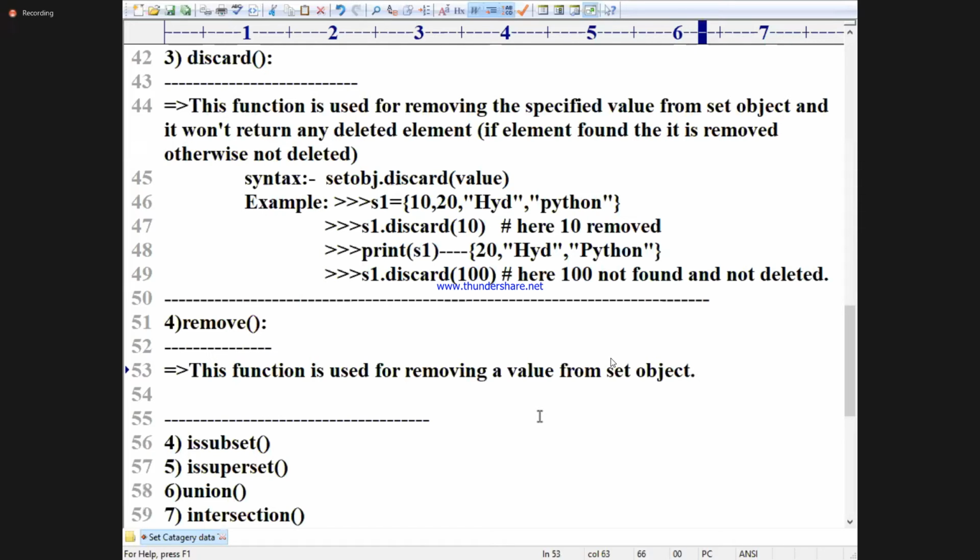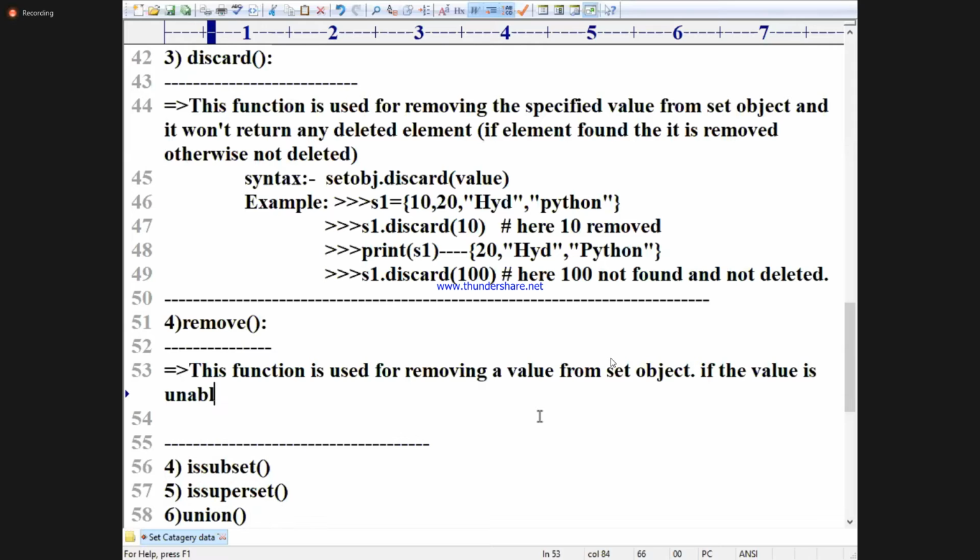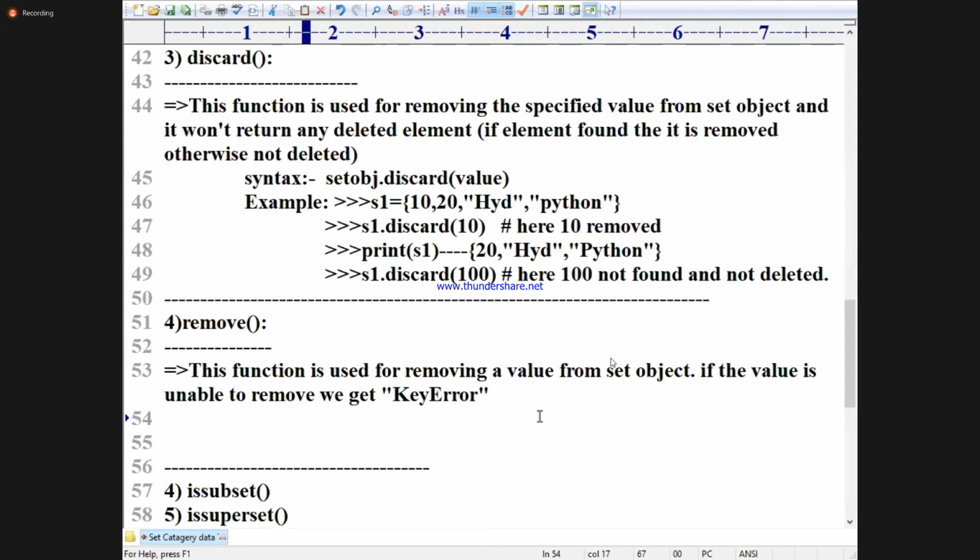If the value is unable to be removed, we get a key error. Syntax: set obj dot remove of value.